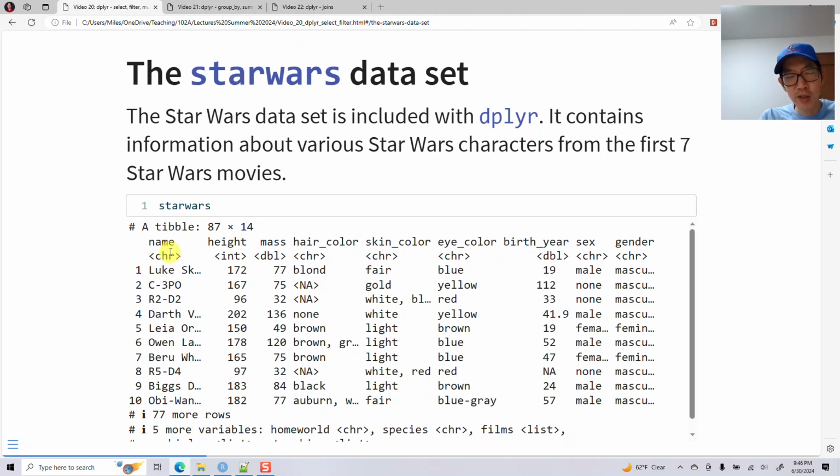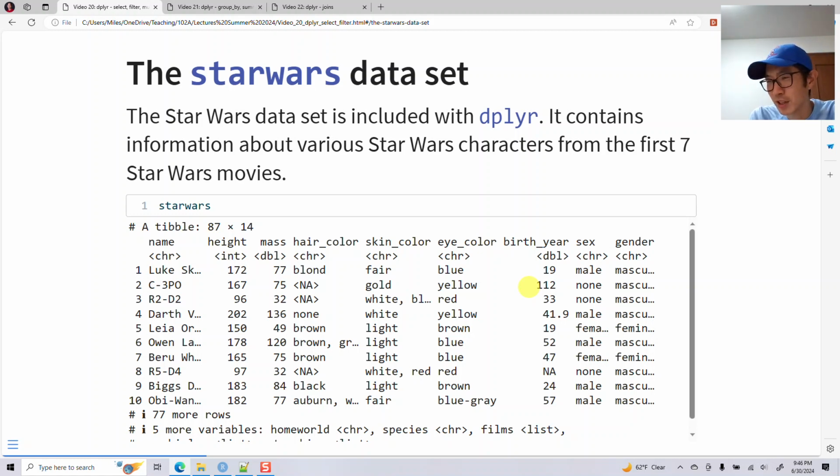We have the name of the character, some physical attributes, their height, their mass, information about their hair color, skin color, their eye color, their birth year, which is measured in years before the Battle of Yavin,